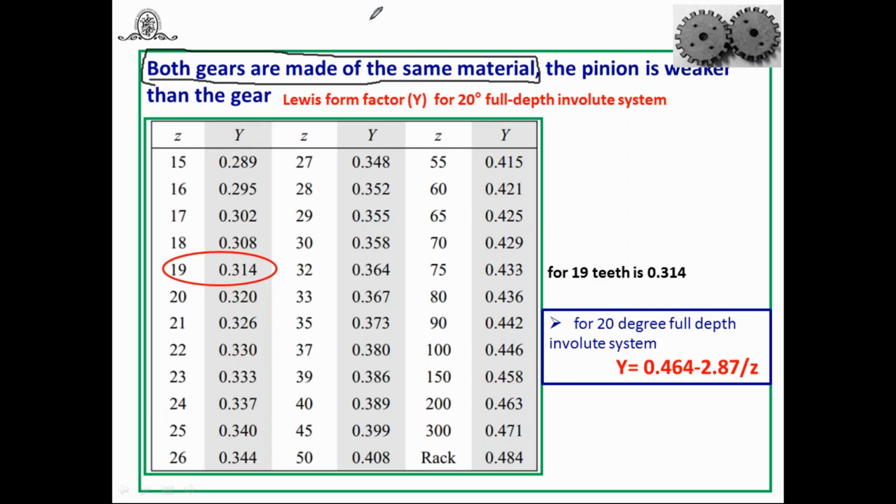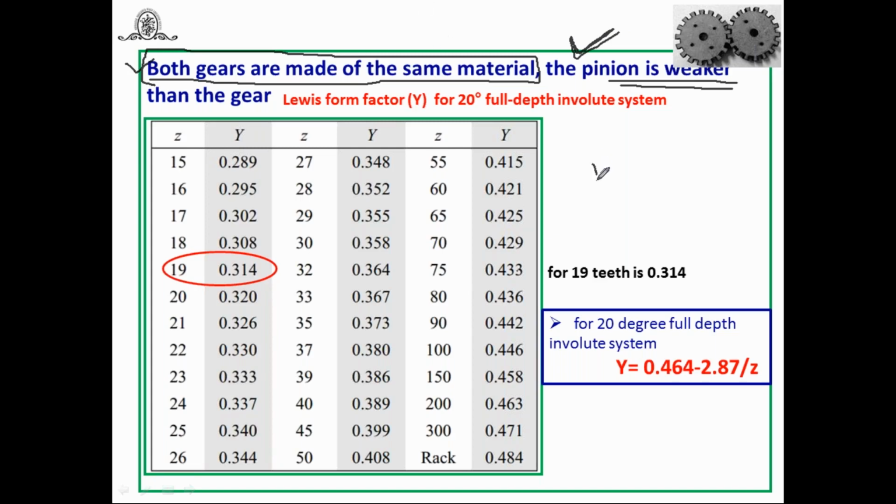Why are we deciding this? Because we design for the weaker section. Even in DMV1, we designed simple machine components by taking the weakest sectional area. Why do we take that area? Because when that component sustains that cross section, it will sustain the stronger section also. The same logic we have to use here, whether the gears are made of the same material or different material. And as we already discussed in earlier sessions, when pinion and gear are made of the same material, the pinion is always weaker. It's a smaller gear, so the pinion is always weaker.